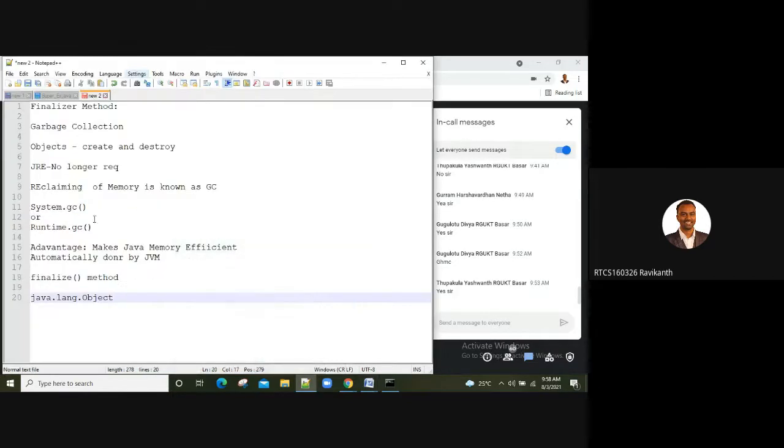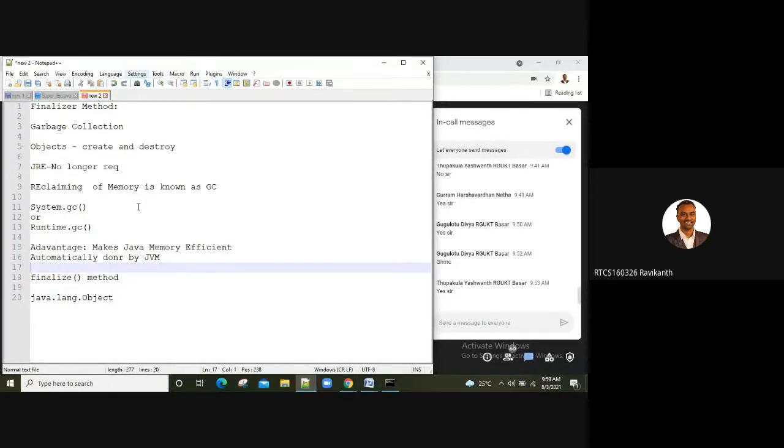Once my session is over, I'll share all this information and documents with you. You can work with the super keyword and the finalizer method as part of today's topics. Please remember, garbage collection in Java is done using either the finalizer method, System.gc, or Runtime.gc. The main advantage is to free the memory and use it efficiently. It is automatically done by your JVM, in the sense, the runtime environment does it for you.